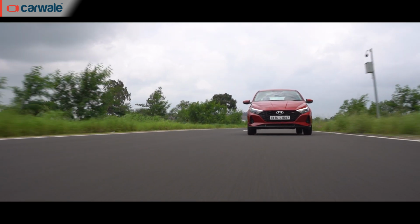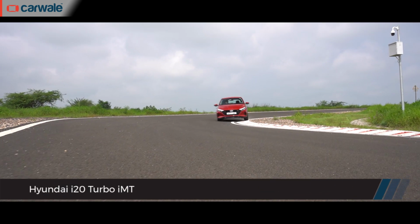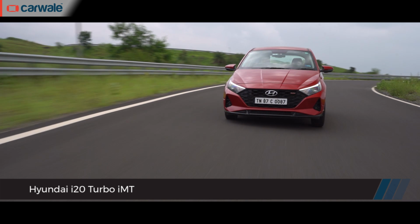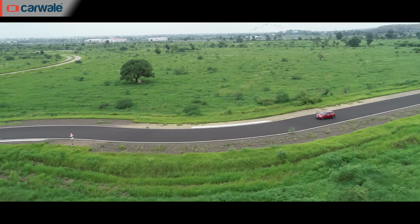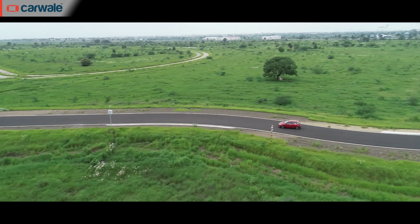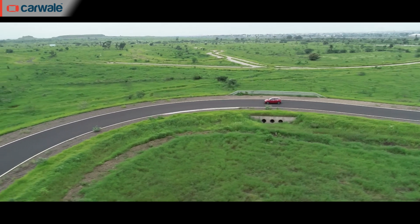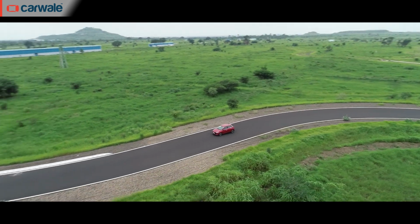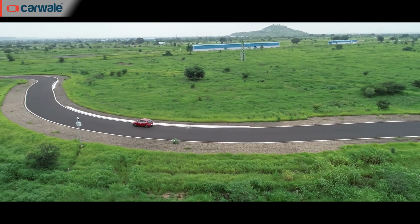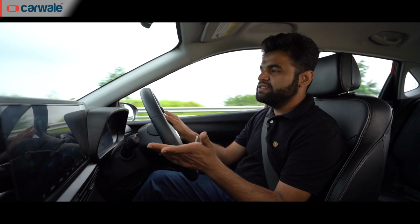Let's first take a look at the car that's gotten us all the way here from Mumbai. Yes, it's no sports car with big horsepower, but the new Hyundai i20. But hey, at least it's got a turbo petrol engine under the hood. Now you may have figured by now, it's not really a wide circuit. In fact, it's more like an extremely technical club circuit,